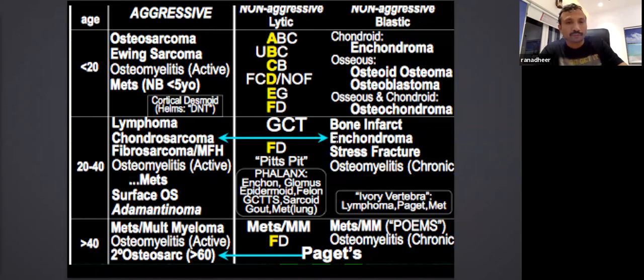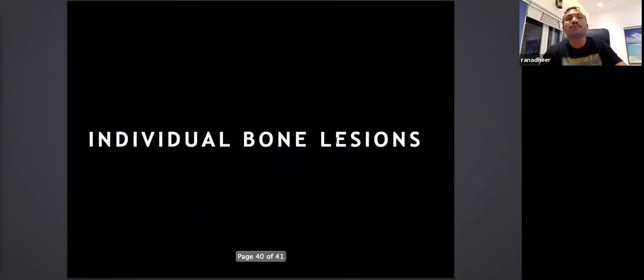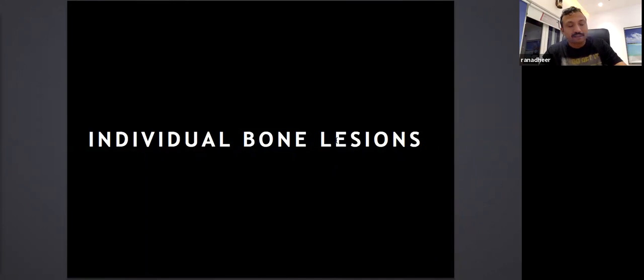But if you know the basics, if you know how a bone behaves, what the bone biology is. Bone is a very dynamic structure. It has periosteal reaction, it is part of calcium metabolism, calcium homeostasis, all these things, so that radiation will go to the intended person and not to the unintended person. So for each bone you have to write what the site is. That also I'll take a class on next time. What is the site? What is the transition zone? What is the age? What is the matrix?